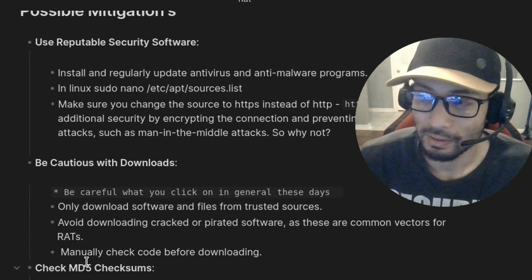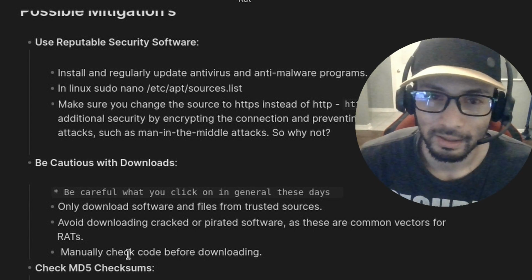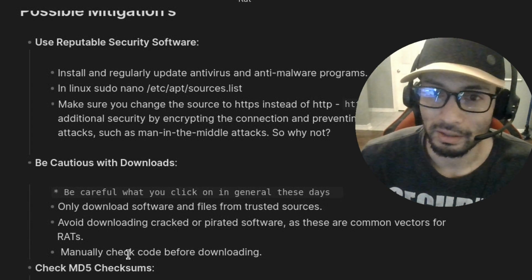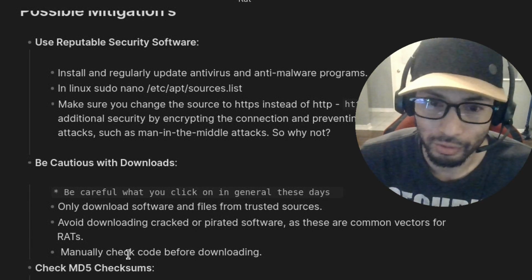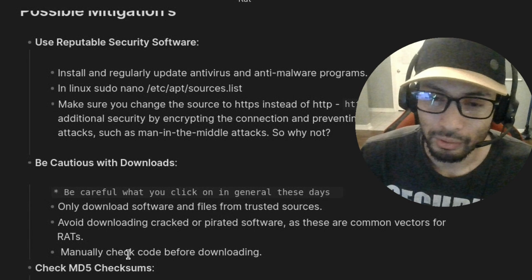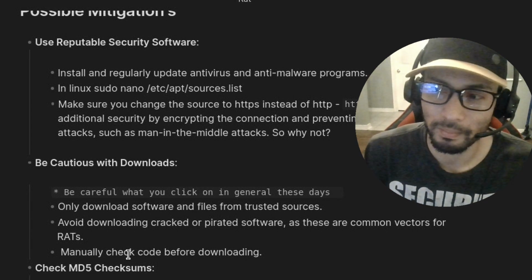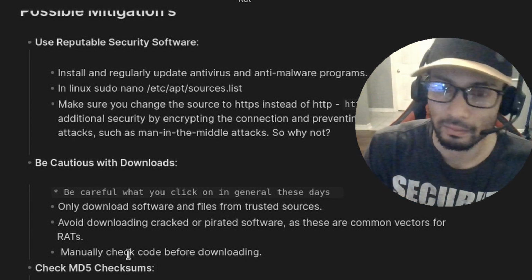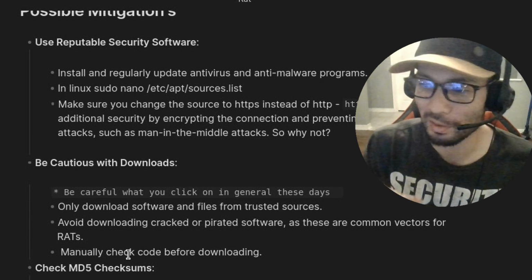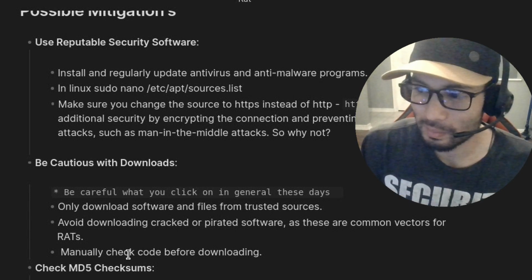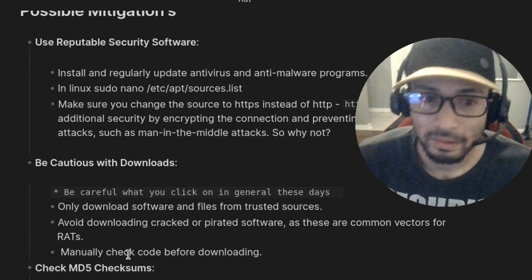And hey, sometimes if you're not able to manually check it, if you don't have the aptitude to check code, which me myself, I'm not gonna sit here and lie to you. I'm not some kind of master reverse engineer or even a master coder, but sometimes I can look at code and understand it just enough to realize, oh, look, it's doing something bad here, right? And if you can't go that far, I mean, AI is everywhere today. You can pretty much just copy some code and ask AI, maybe, hey, do you see any kind of keyloggers